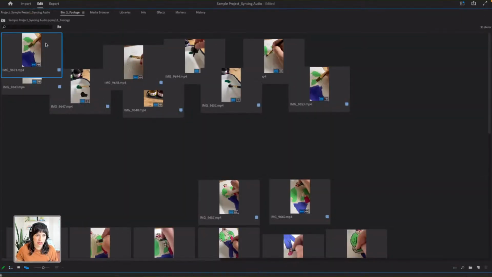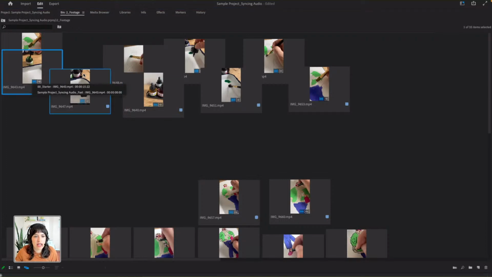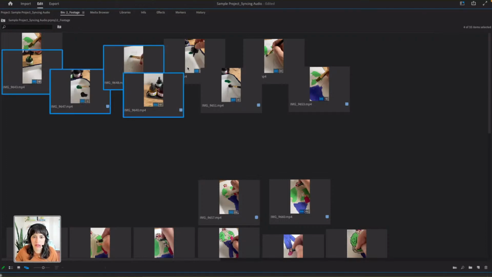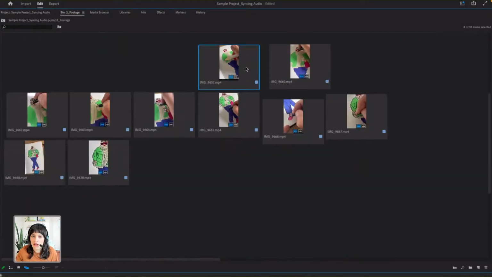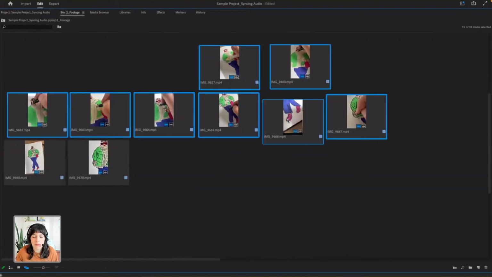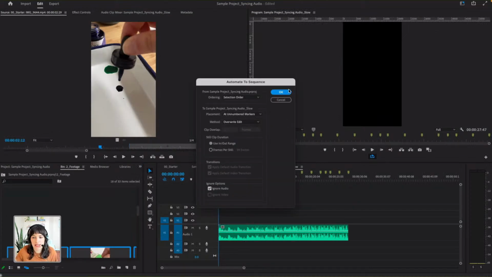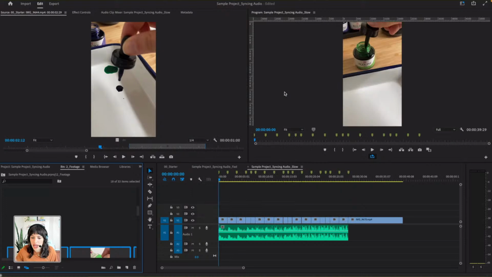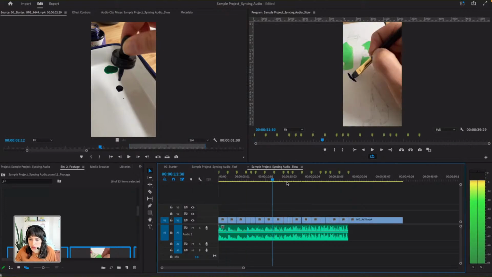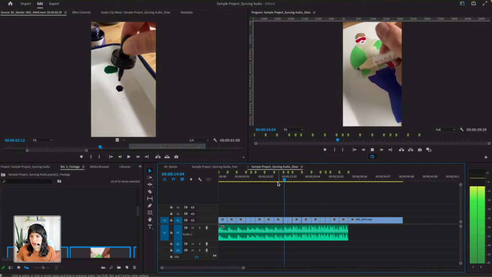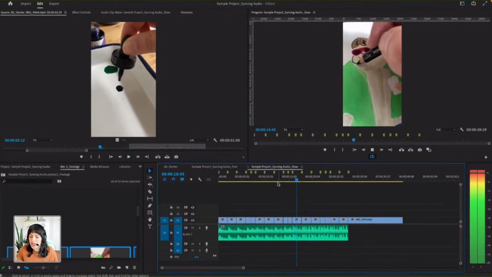I'm going to try this part again because I know how I want it to load. I want it to be this, then this. I'm pressing Command to hold everything down like that, and then this. Okay, then you hit this, At Unnumbered Markers, Overwrite Edit. It's the same settings here, press OK. And you'll see that when we play this through, it goes to black. There's like a second where it goes to black because the segments that I selected weren't long enough for the automate